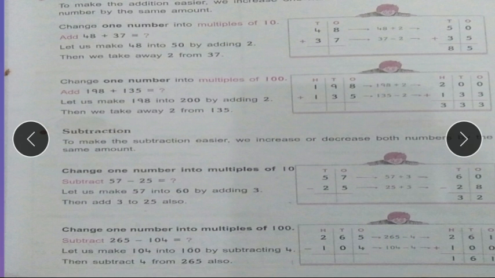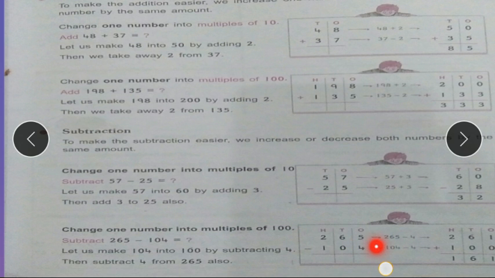Means you have to find the number by the easiest way. You have to find the easiest way to make the number which is a multiple of 10 or 100. If that number is of 3 digits, you have to come near to the 100. If the number is of 2 digits, you have to come near to the tens, multiple of 10. Okay. So this number is 104, which is nearest to 100. This is a